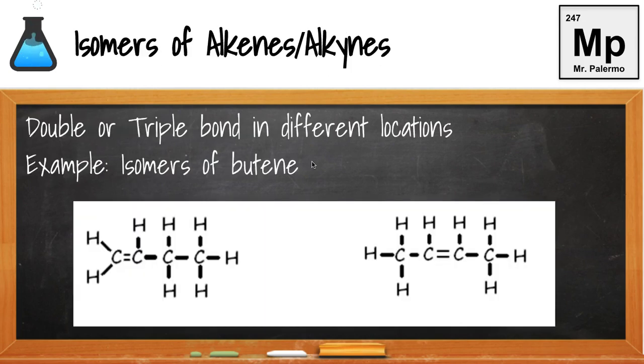Now let's look at constructing isomers of alkenes or alkynes. These are substances that have the multiple bond, either a double or triple bond. And this is very easy to create an isomer. We're simply going to move the location of the double or triple bond. Just make sure that you're not moving it into the same location as the structure that you're trying to make